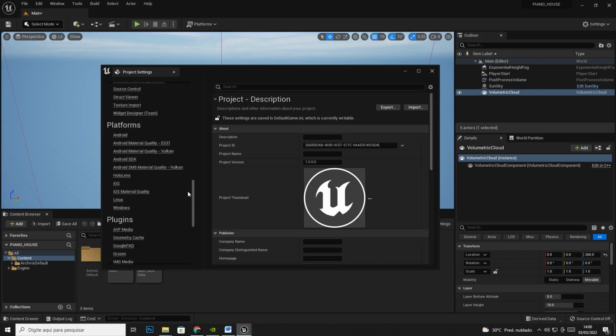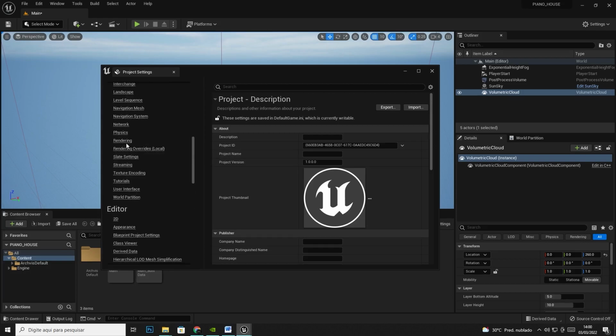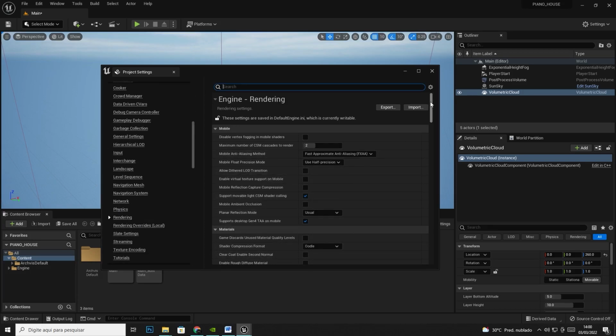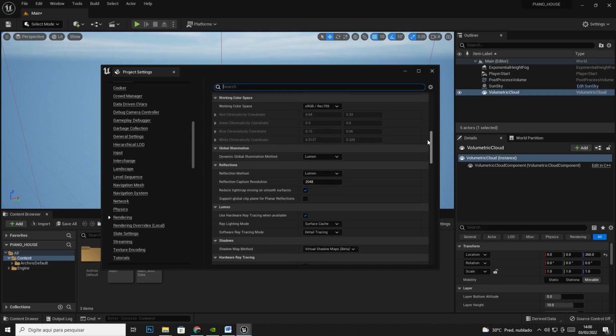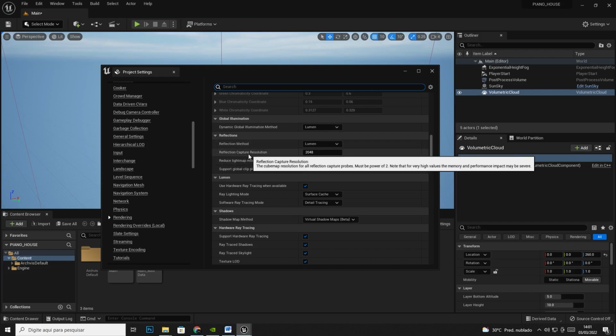All right, now let's see the capacity of Lumen. Rendering, okay, let's see here, engine, rendering. Let's go down. Look, global illumination, it's Lumen. Reflection here,